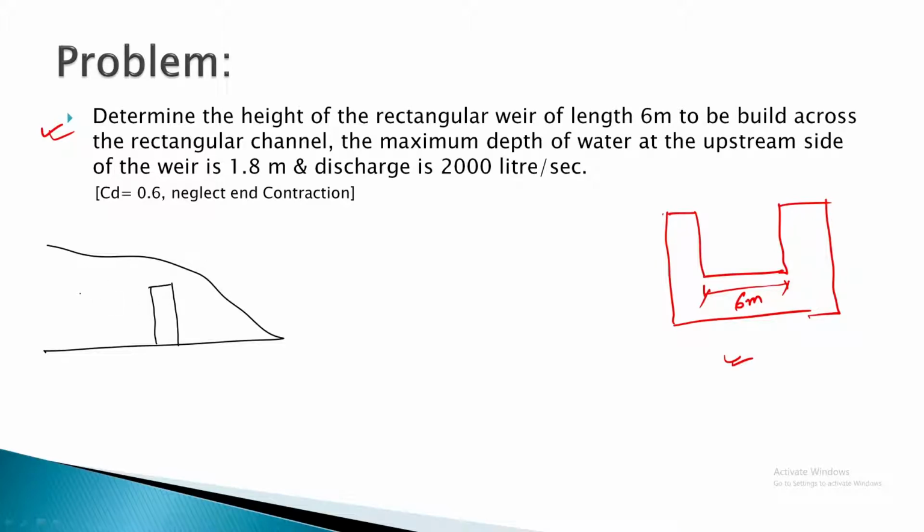So the value that we need to calculate is this particular height, that means the head of water. The value of z is given, and the value of z is 1.8 meter. That means this particular height is given, that is actually the value of z. Now we need to determine, suppose this is the height of the water, that means the head. If you assume this is h, this particular height you need to determine.